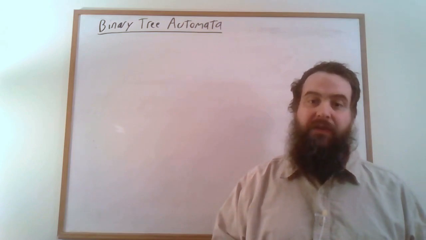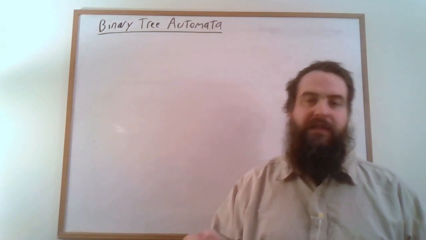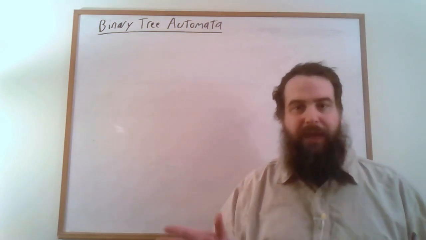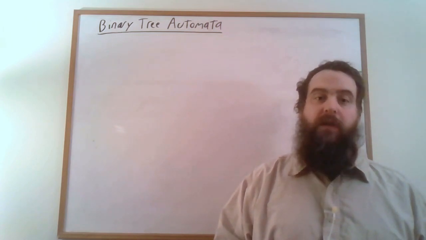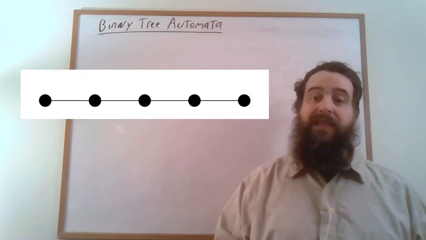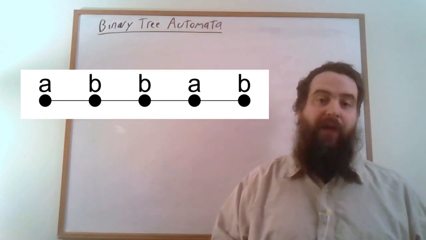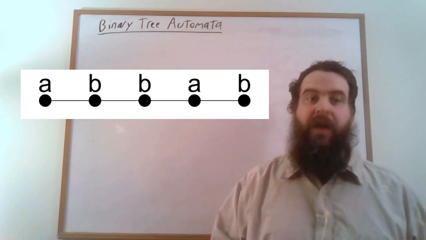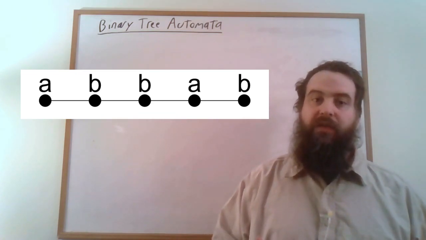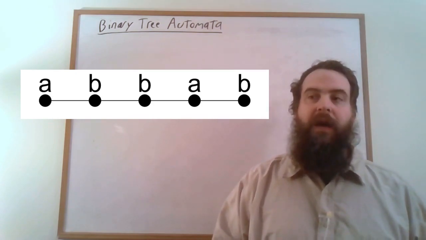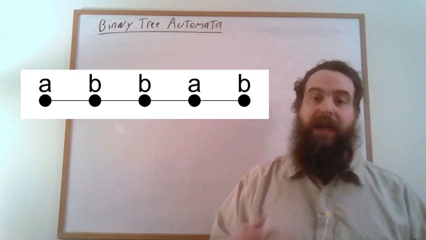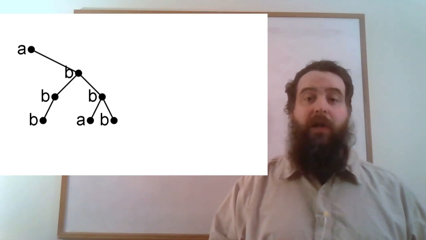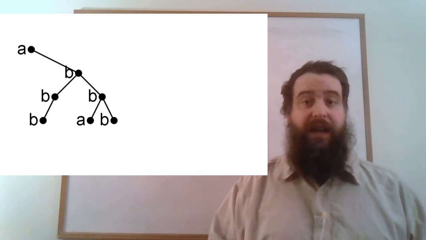What's inspired this video series is that we can generalize these equivalences to various other notions of word. And what do I mean by that? Well, we can imagine a word as a linear collection of points where these points have been labeled by characters from some finite alphabet. And so we can talk about oddly shaped words as other collections of points with different structures on them, and we're labeling each of the points with a character from a finite alphabet. For instance, we could take a finite tree and label all of its nodes with characters from a finite alphabet.